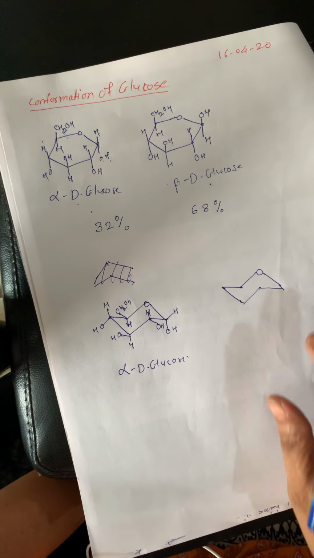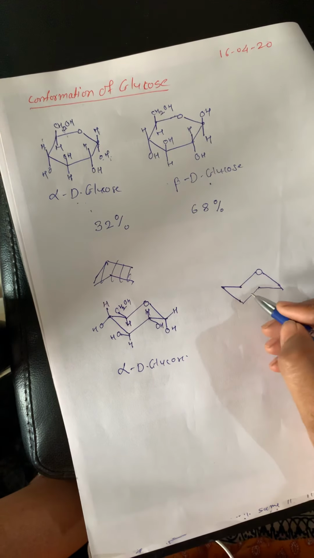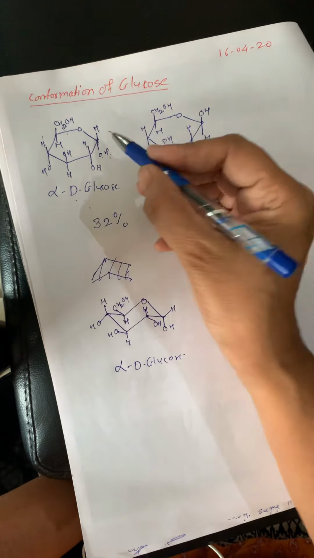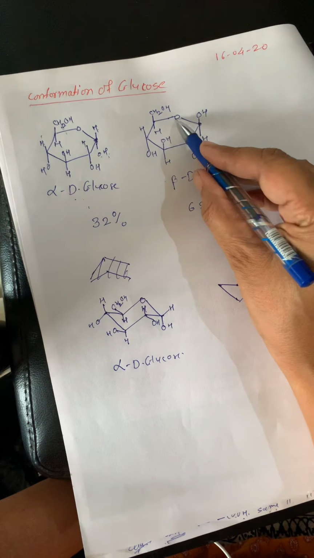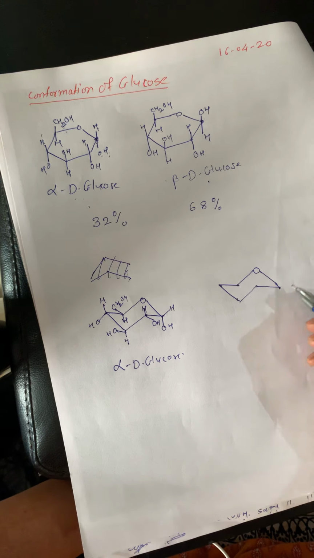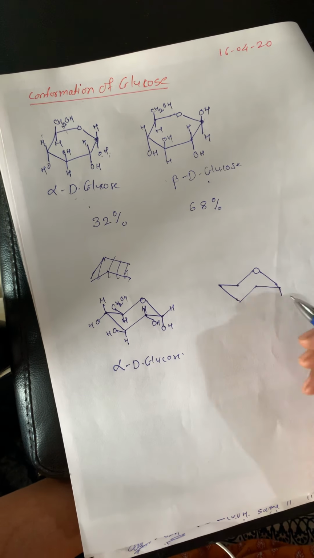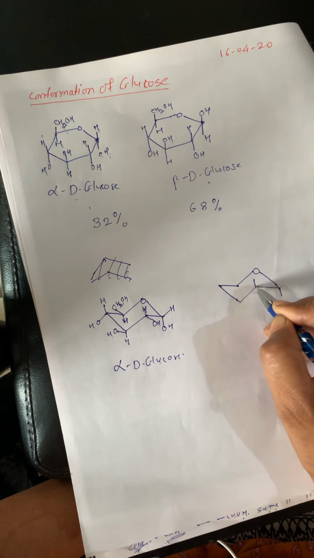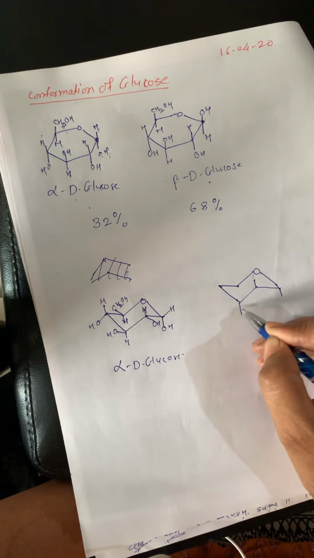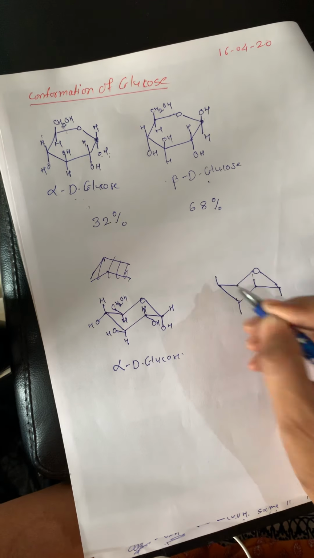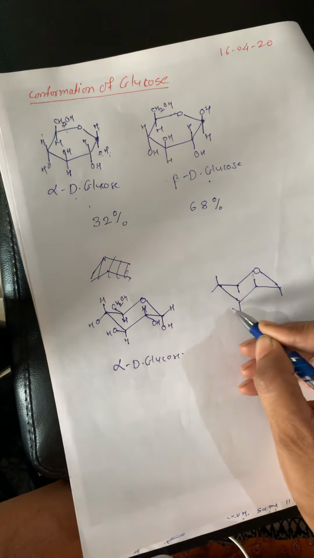Then you can easily draw the beta glucose. We know there is only a difference around this carbon atom, therefore you can draw beta glucose by changing the configuration around the first carbon atom, which is attached to the oxygen atom. This is the first carbon atom, so you can easily draw the axial and equatorial. The axial goes downward because the point is going upward, so you have to draw the axial in the upward direction. Upward direction, downward direction, these are the axial and these are the equatorial.